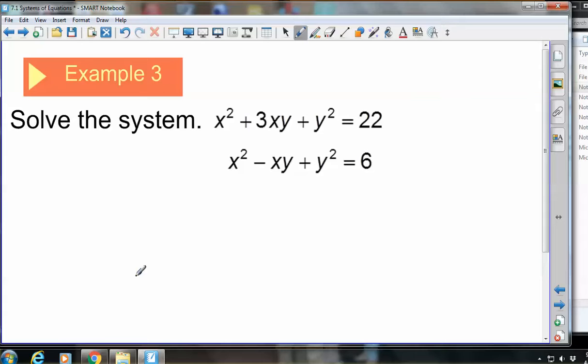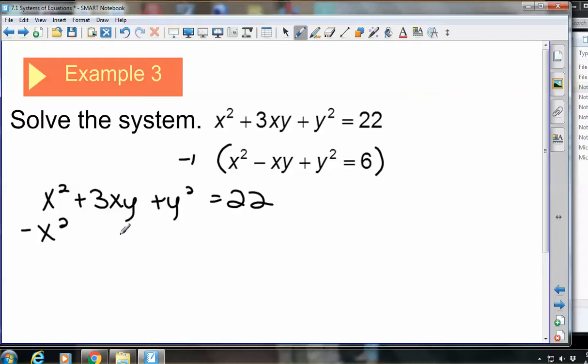Alright. This one is not as clear cut. If I just add these, nothing cancels out. Do we have any ideas what we might try? Okay. Which one? Does it matter? No. Okay, so if I take this times negative 1, then I have x squared plus 3xy plus y squared